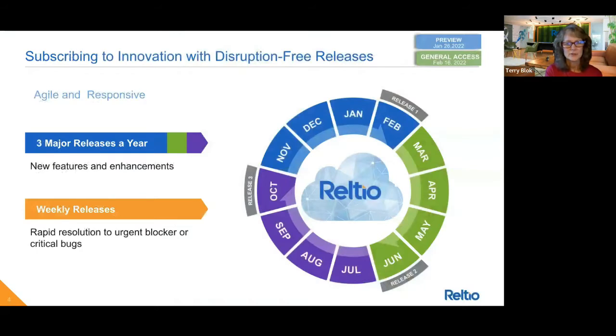Here at Reltio, we subscribe to disruption-free releases. We have 3 major releases a year in January, May, and October, as well as weekly releases to deploy urgent updates and bug fixes. The 2022.1 is our first major release of this year. This release will be available in preview starting tomorrow, January 26th, and generally available on February 16th. And now I'd like to hand it over to Ayan, who's going to kick us off with the